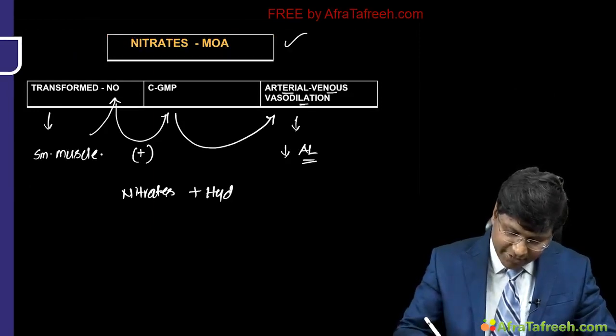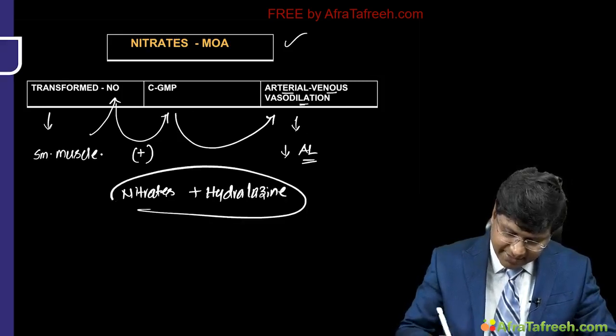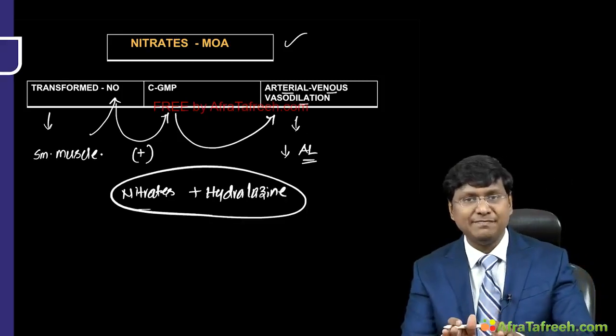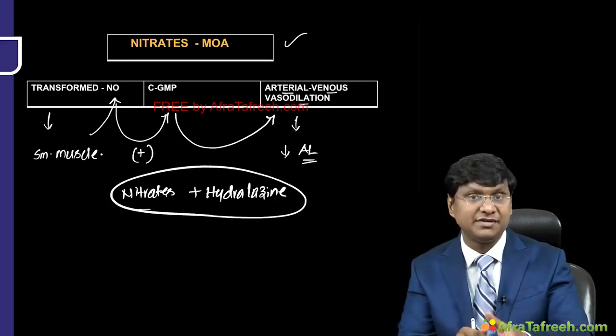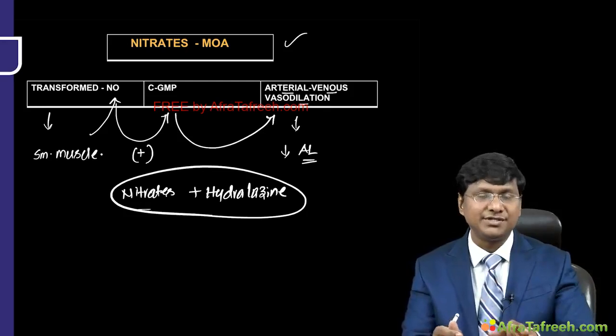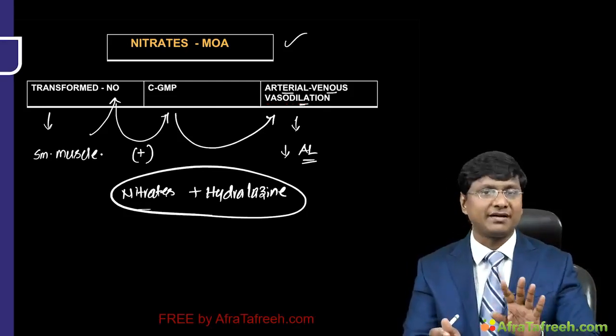If you see this combination of nitrates plus hydralazine, remember this combination is also very efficacious in patients with heart failure with reduced ejection fraction, but this combination is not superior,